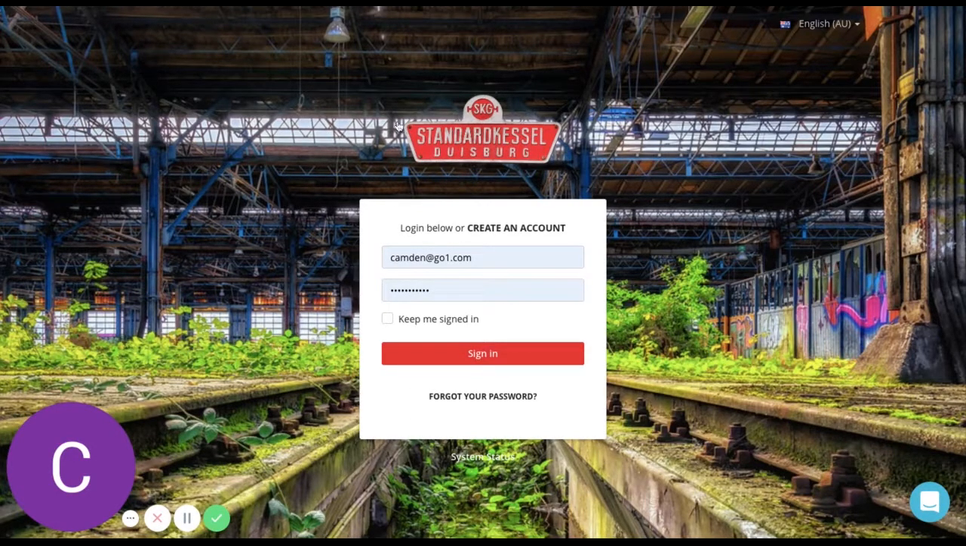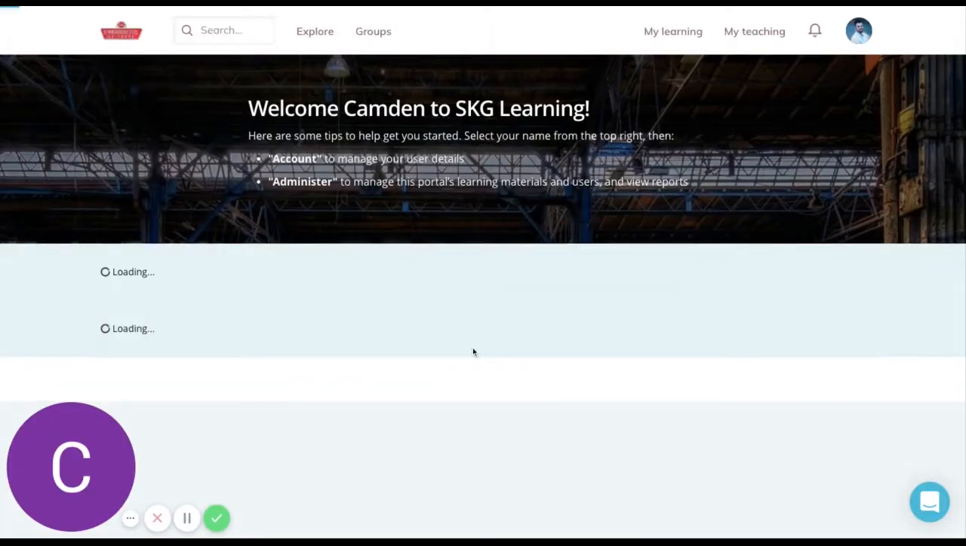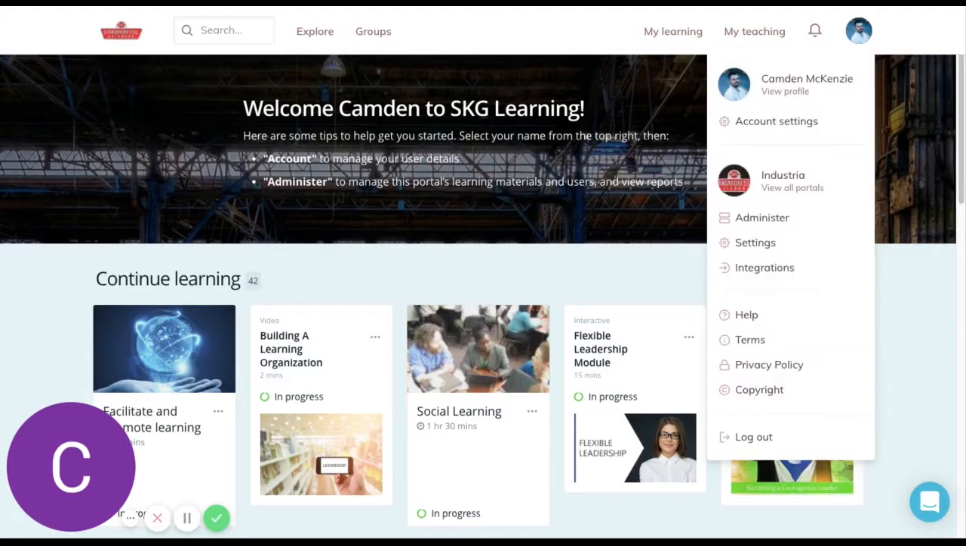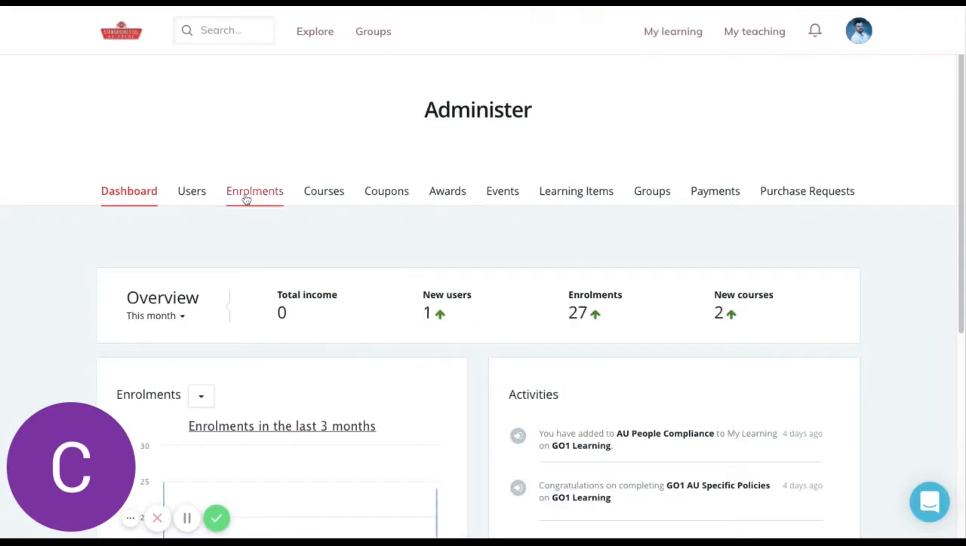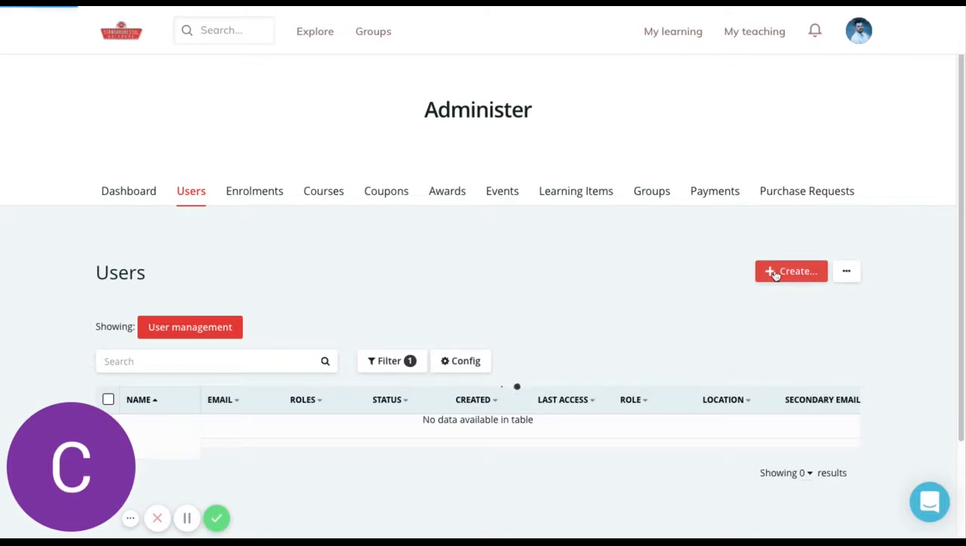So once I've logged into the portal and accessed the dashboard and homepage, you'll be set up as an administrator. And so what you want to do is go to your initials or your avatar in the top right hand corner and select the administer section. From there, you're going to go to users and you're going to hit create